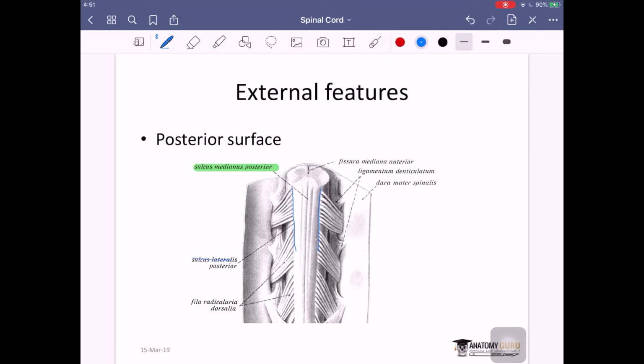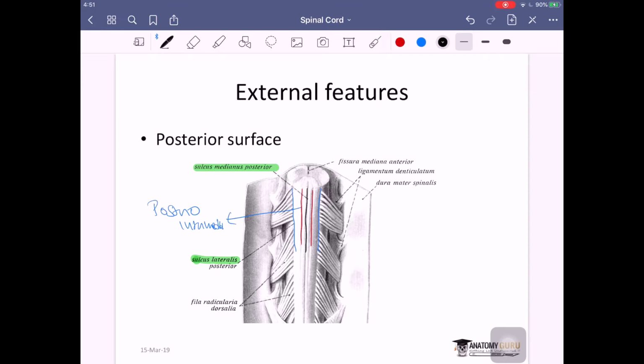is your posterolateral. And in between them you have one more running. In between, this is the posteromedian, this one I am saying. Now that is the posterointermediate, again on right and left side. If I use a different color, this is your posterointermediate on either side. The red one is posterointermediate and the blue one is posterolateral, and now I'll put the black one. The black one is your posteromedian sulcus.